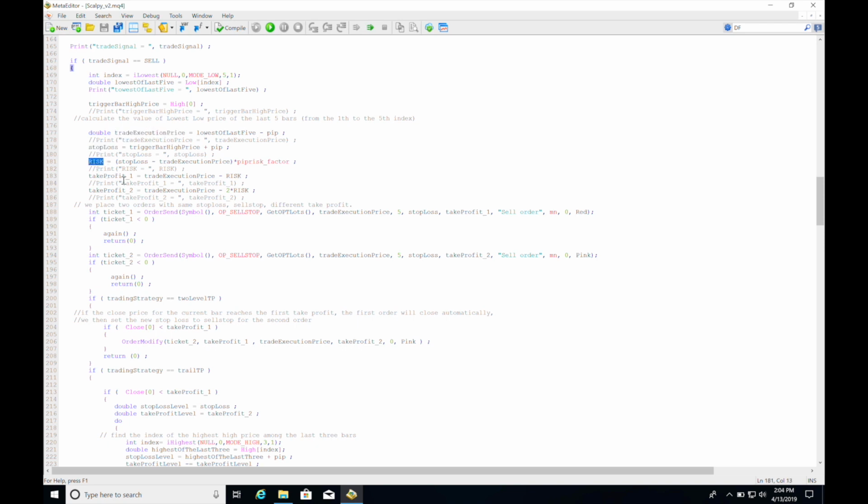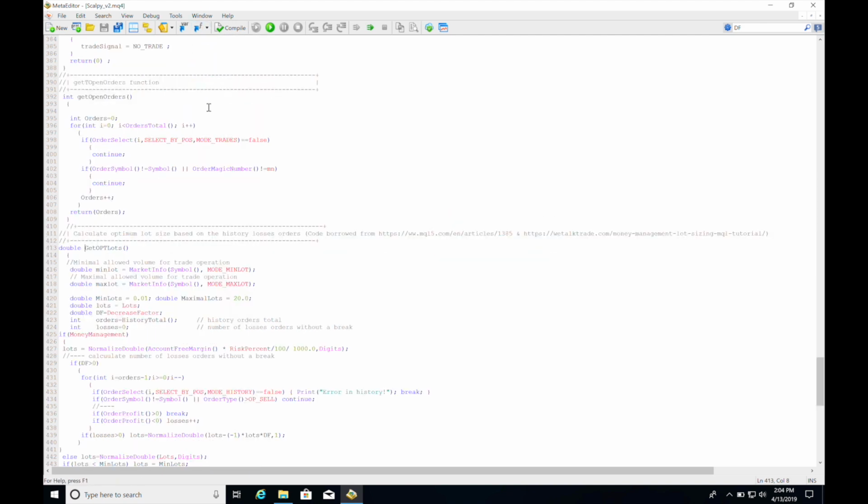We're going to use risk in order to calculate our take profit 1, take profit 2, and then we'll place an order. The result for this order will go into ticket 1. Furthermore, for the lots, we'll be calculating a get optimized lots function. And to show you really quick what that does,